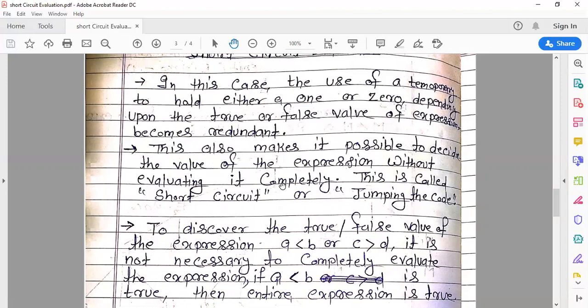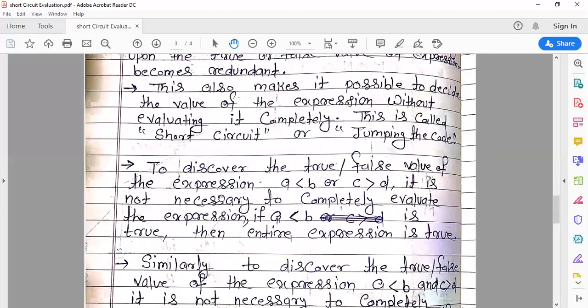But in the short circuit code, we need not evaluate every relational operator. This makes it possible to decide the value of the expression without evaluating it completely. Without evaluating the complete expression, we can get the decision whether this Boolean expression is true or not. This is called short circuit or jumping code.